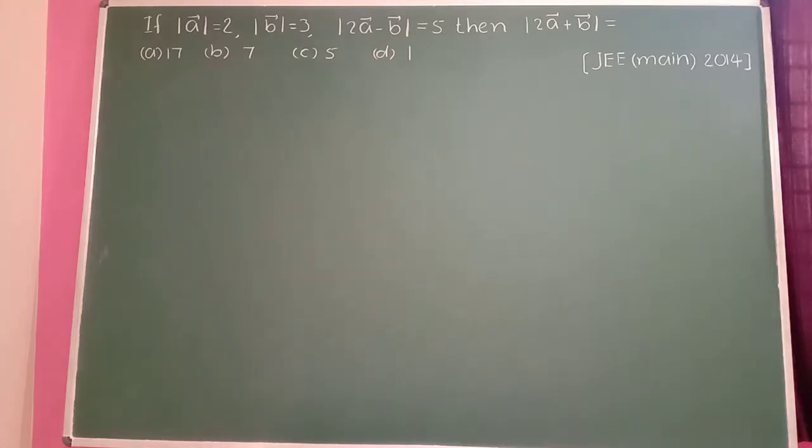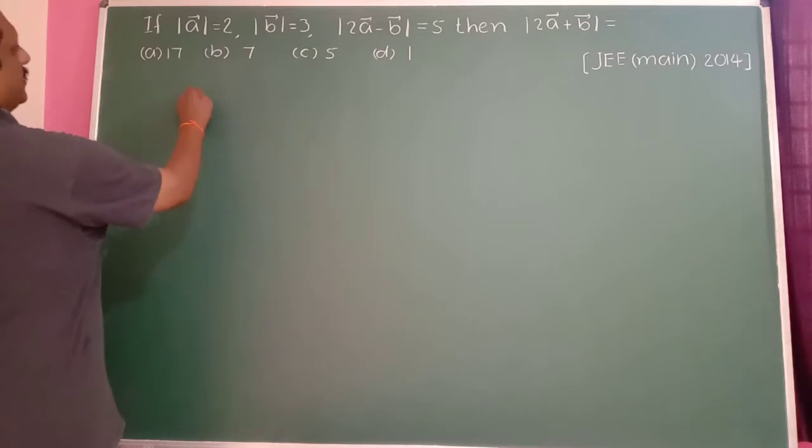So modulus of a bar is 2, modulus of b bar is 3, modulus of 2a bar minus b bar equal to 5. Then modulus of 2a bar plus b bar is equal to what here? 4 options here. So we know that